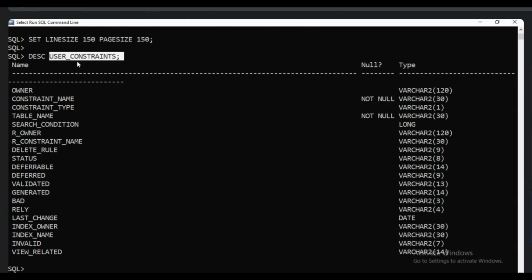It is same as a table. It maintains all the tables' constraint details. In the database, all the table constraints will be stored by user underscore constraints. In this user underscore constraints table, there are some columns. I want to see the constraint name, table name from user underscore constraints,